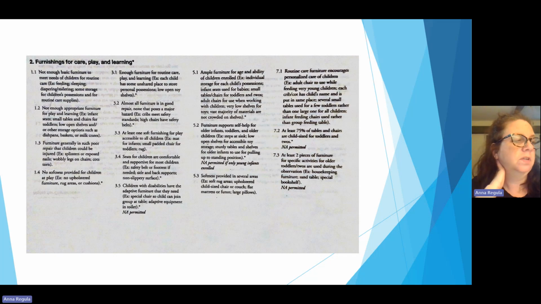If there are insufficient shelves for play due to there being fewer than a minimal number of toys and play materials in the space for the children present,